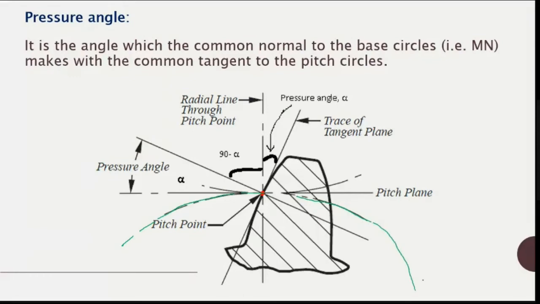This is for gear 1, right? There is another one, so I can see here something like this. It is moving like this. So this is for gear 2, right? These two gears have two diameters, and this is the pitch circle diameter. Okay, so this is the pitch circle diameter.